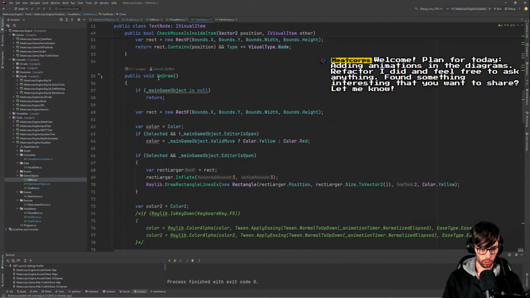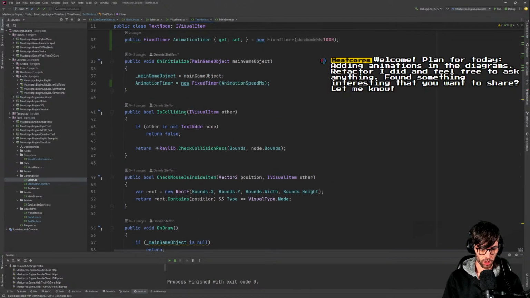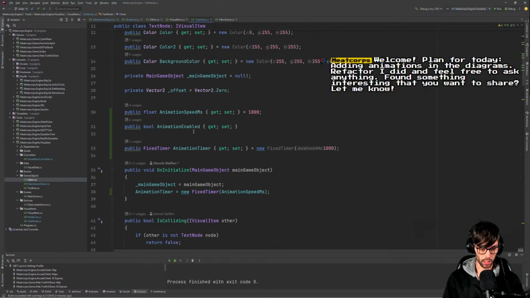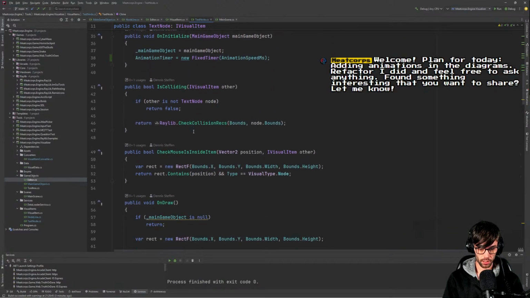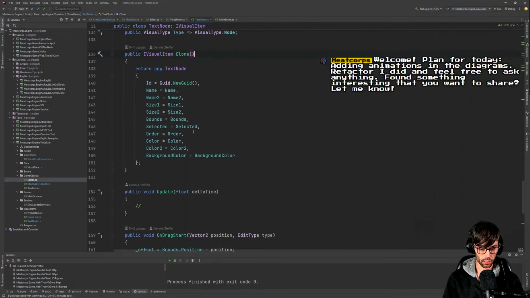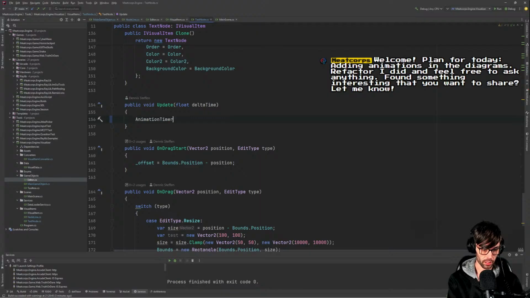Then we have the on-draw logic. Also, before I forget, we need to make sure that we are updating it. And we have somewhere a place where we can, yeah, there you go, the animation.update delta time, because this